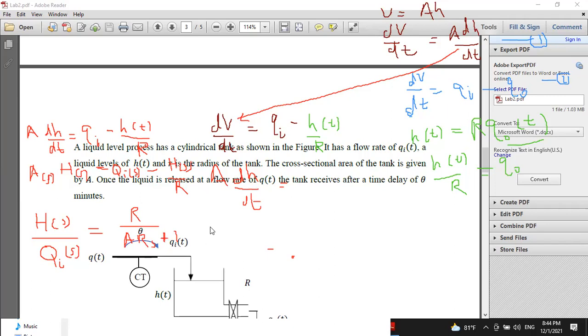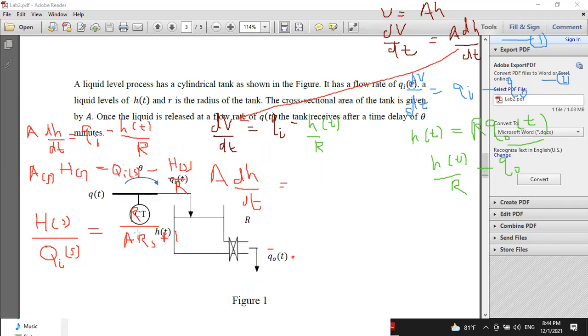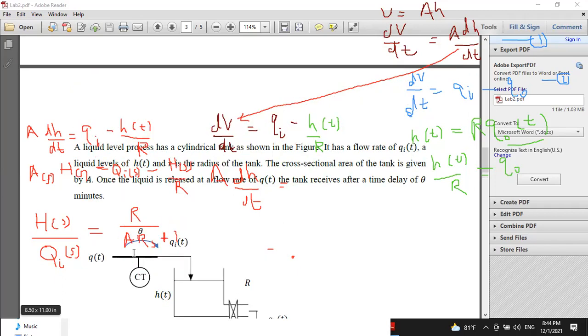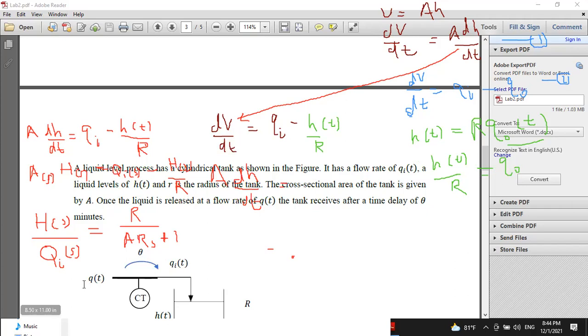Now, but we can't just take this. Now here, can you see that there's a delay, right? So there's a delay. So actually what you are getting is qt. There's a delay of theta. And then after the delay of theta, you are getting qi, right? So this, with the delay, we can write it as this qit